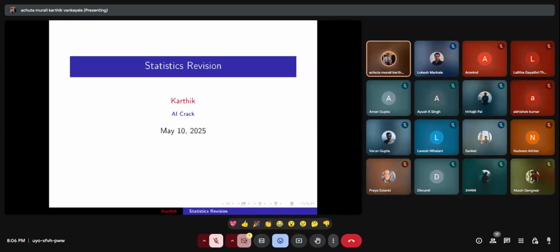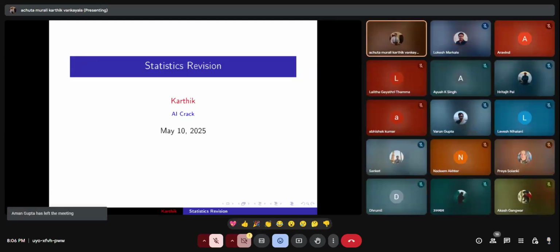And then I will try to cover some confidence intervals also, how to calculate confidence intervals, and what is the difference between confidence intervals and what you do in hypothesis testing, things like that. After that maybe we can talk about correlation, covariance, etc. But mostly those are probability related topics, so I will focus mainly on stats.